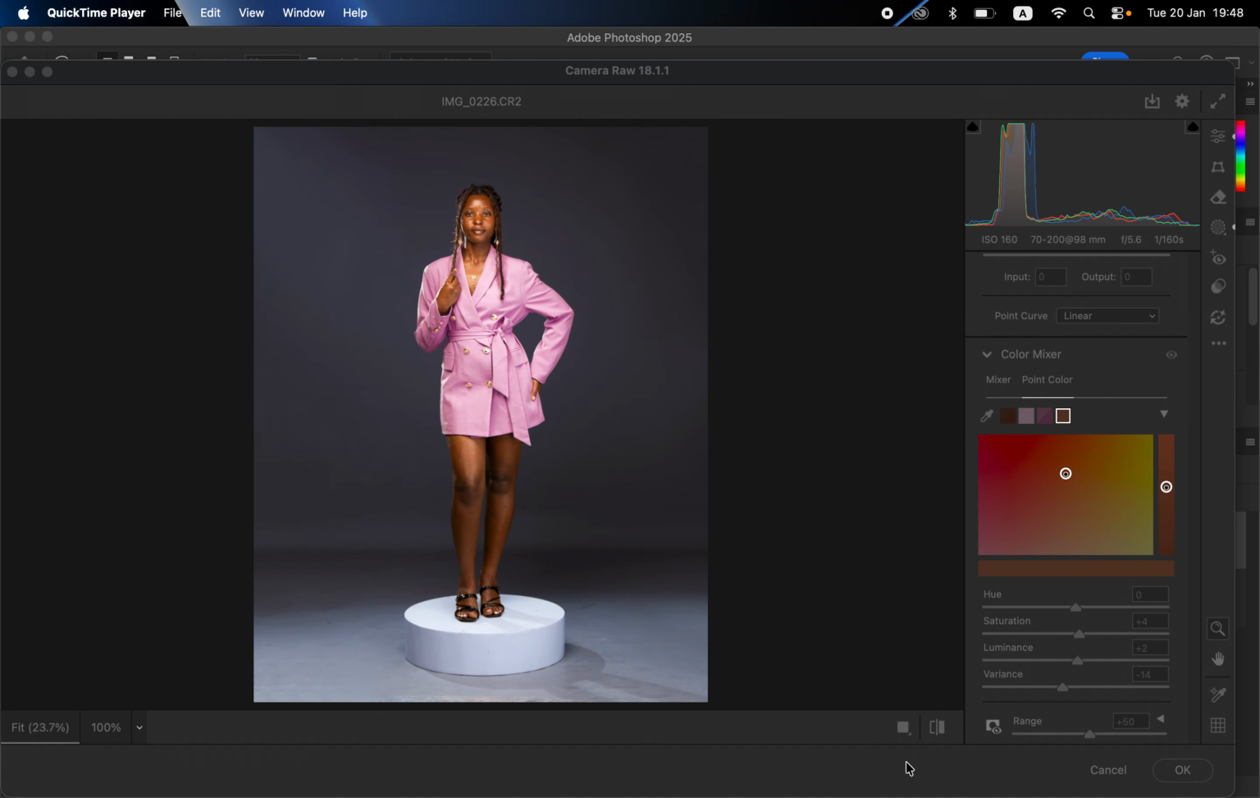Hello, in this video I'll show you how to color grade and make your photos pop when it comes to Photoshop, and in this very tutorial we shall be using Adobe Camera Raw. Camera Raw is basically a raw processing software that you can use to make adjustments to your photos when it comes to Photoshop. So let me show you the before and after,